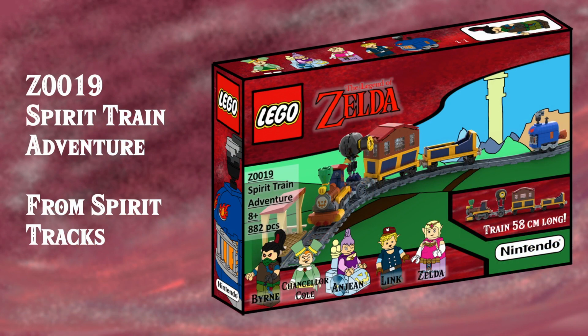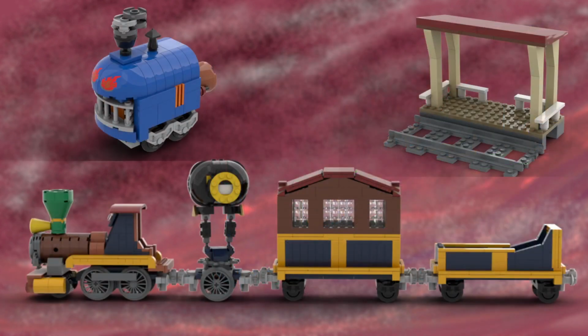Z019 brought us Spirit Train Adventure from Spirit Tracks, the first of the sequel Wind Waker sets to get some love, and this one had 882 pieces, as well as a nice selection of figures from Spirit Tracks, pretty much every figure you'd ever need from Spirit Tracks, and it came with obviously the train, the demon trains which follow you around on the tracks, and of course track and a station build